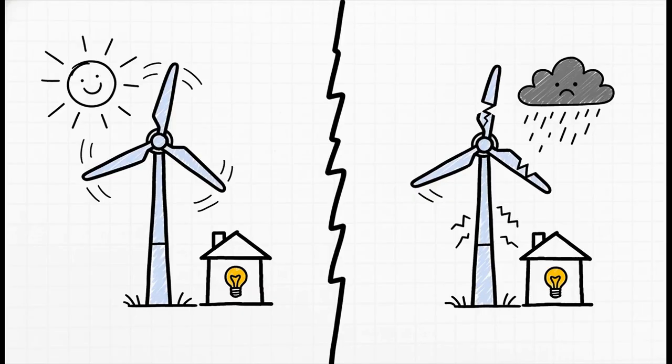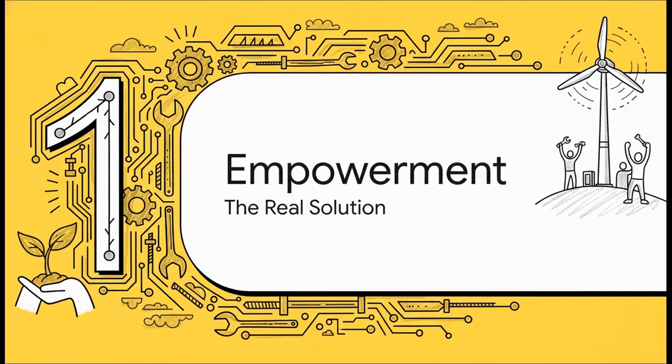While these turbines often work great right out of the gate, that's not always where the story ends. The reality is, a lot of them break down, sometimes after only a short while. And that promise of energy independence, it just disappears. So what's the fix? Do we need some kind of brand new, futuristic design? Well, not really. The real solution is actually something much more down to earth, and it's all about empowerment through